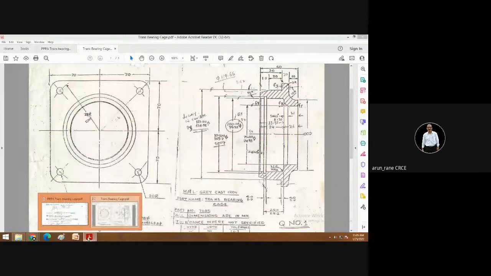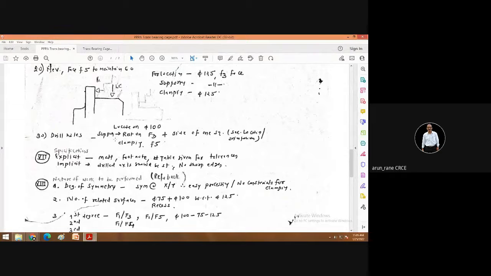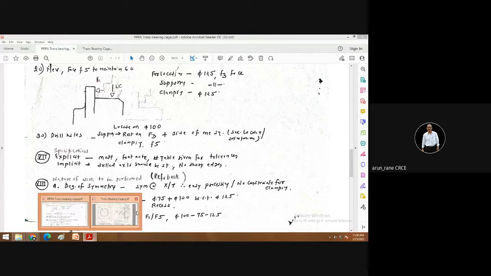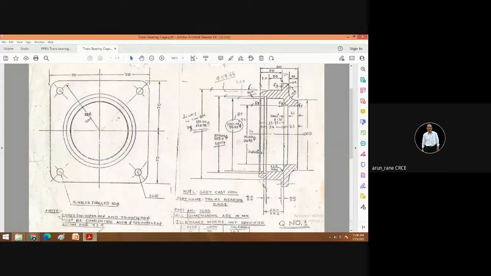So we will say drill holes. So rest on face F3, okay, locate on diameter 100. So location is done. Then supporting, rest on F3. So which is F3? This. Okay. So in the jig that you are making, you can locate on this diameter, and in the jig you can rest this component on this. Now the support we are providing here, that we will keep as support here behind this, here.